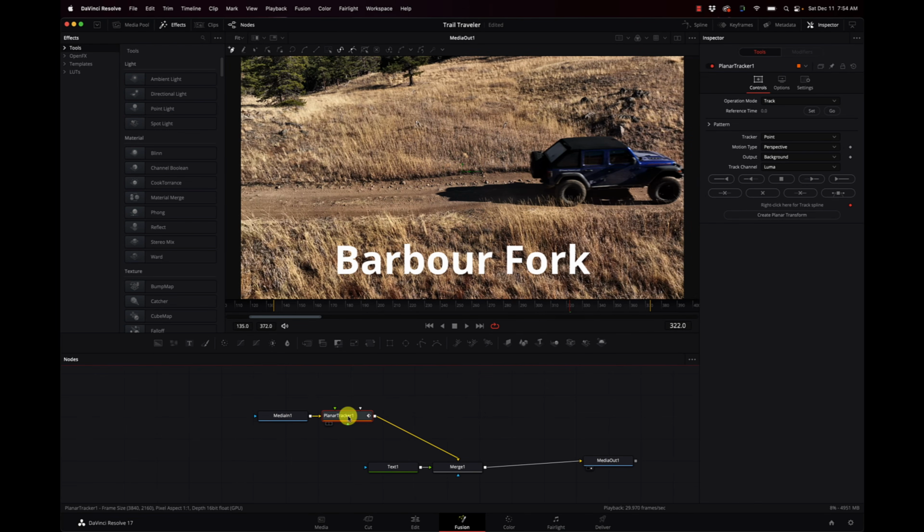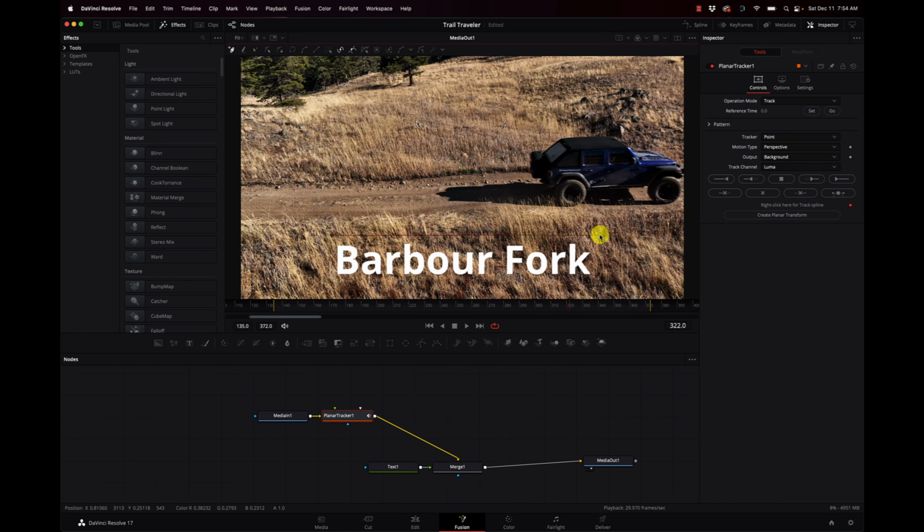Now in the studio version, there are three different ways of tracking. Planar tracker, which is going to track something that's in a plane, something flat, which is going to work great here with this grass. The camera tracker, which can track an entire scene and allow you to do stuff. And then there's just the tracker, which is good for tracking an object. Now we will go through all of these over the next couple weeks and dig into when one is better than the other. So for our purposes here, let's take our